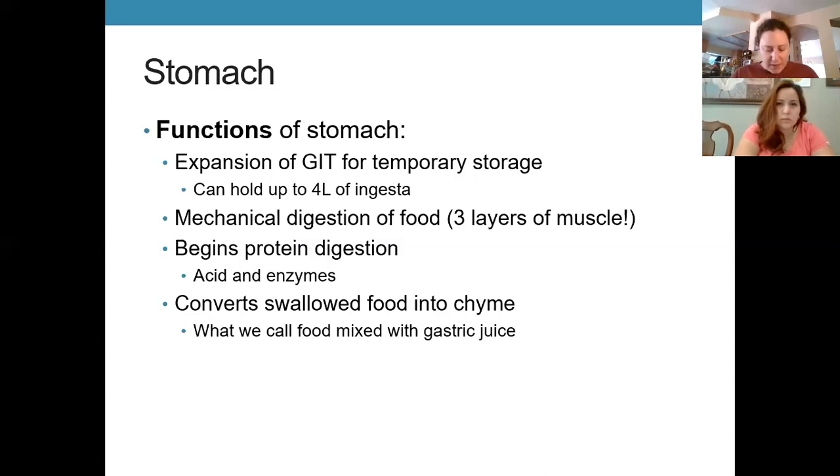So the stomach is really the first part of chemical digestion. Even though there's some enzymes in saliva, they don't make a lot of progress before they hit the stomach, and they're actually,